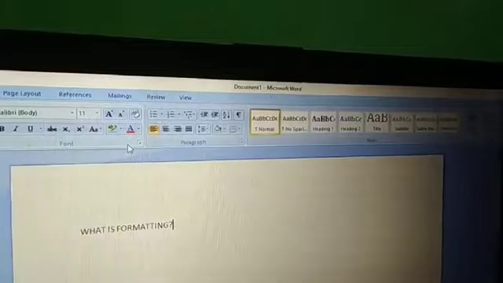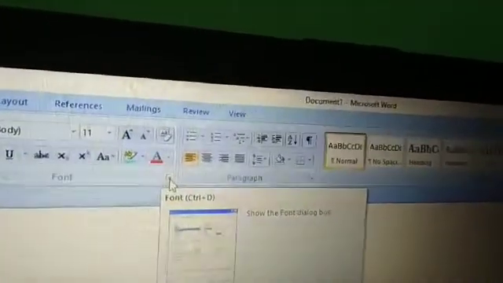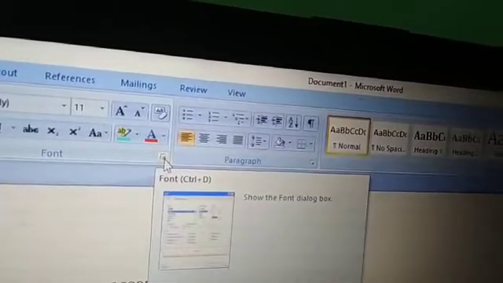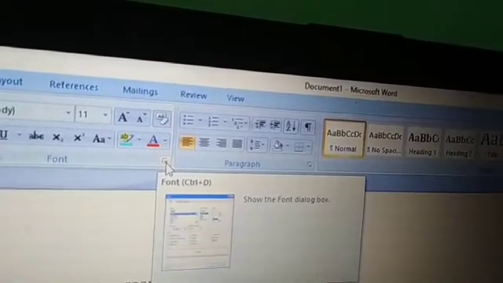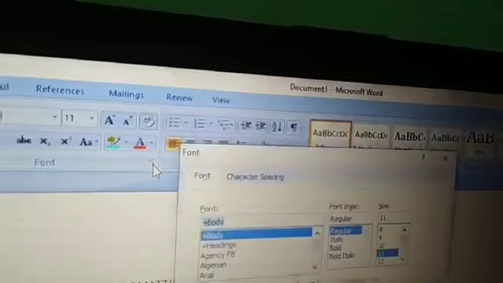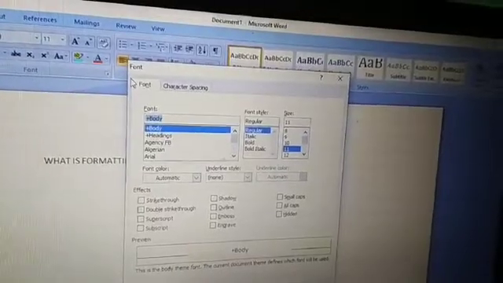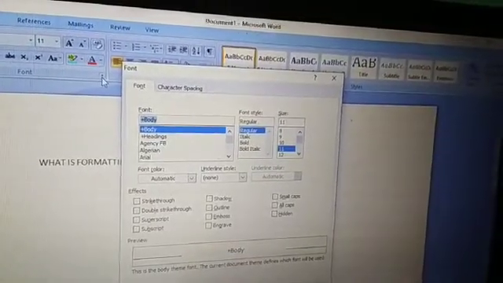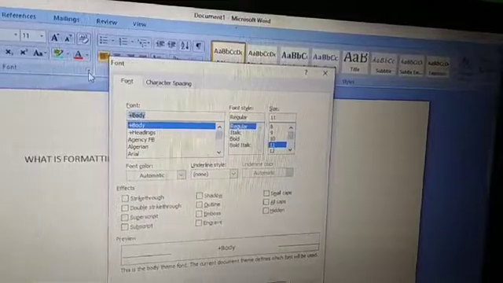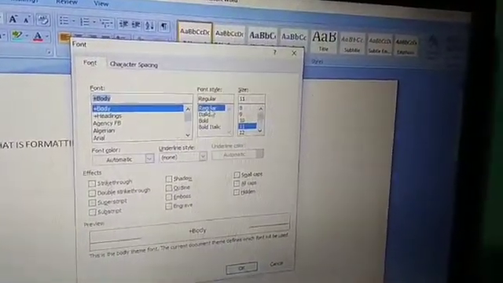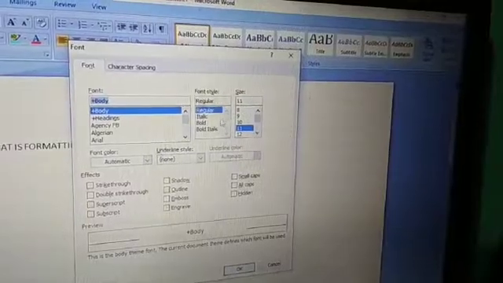Clear? And this small arrow, if you can see, in the rightmost corner of the font group. When you click this, it shows you the font dialog box. So this is the font dialog box launcher button. From here also, font style can be changed, bold, italic, whichever you want.